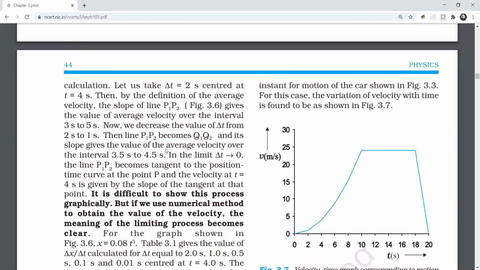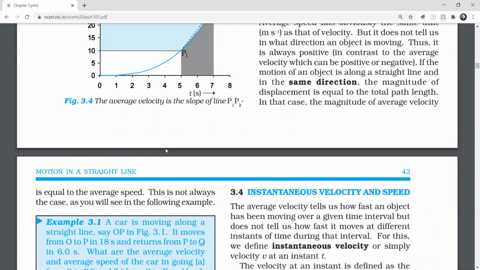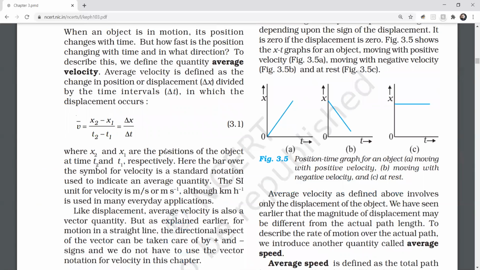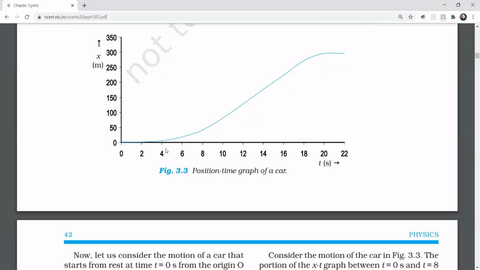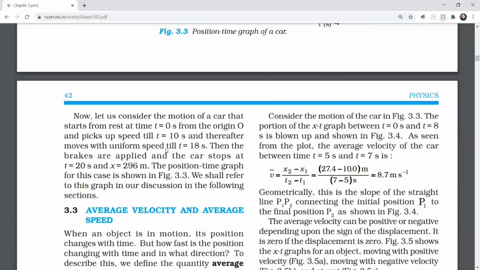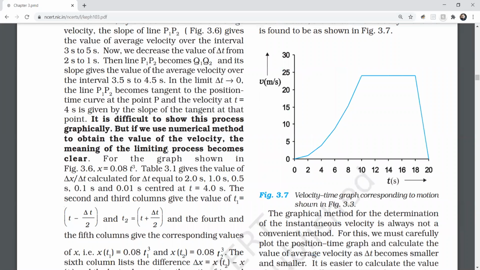Now it has said that we can correspond this to figure 3.3. So let's see figure 3.3 again very quickly here. So here you have the distance traveled. You see from 0 to 2, it has not traveled any distance. And then you see that it has traveled a lot of distance till the 20th second. If you keep this figure in mind, and if you superimpose it with this graph, then you can very easily realize what it is talking about.